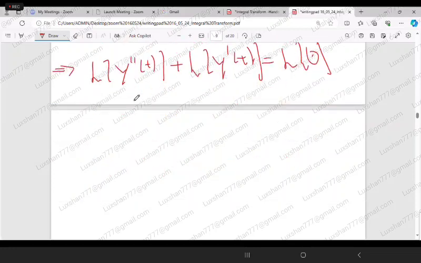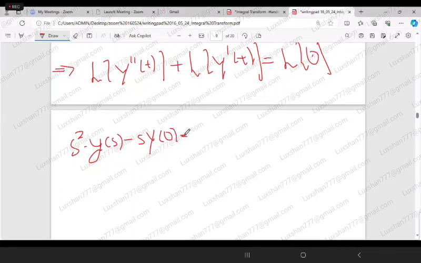Okay, so you can write this one as s square small y(s) minus s into, can anyone tell me what is the value here? S into what? Capital Y0. Very good. Capital Y0